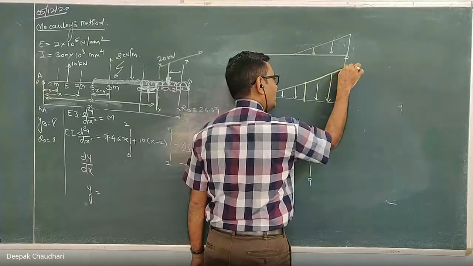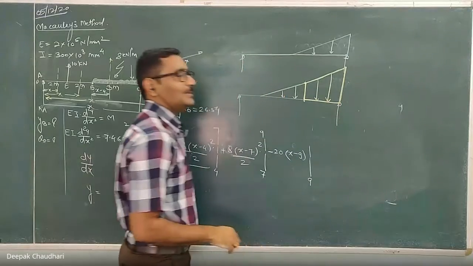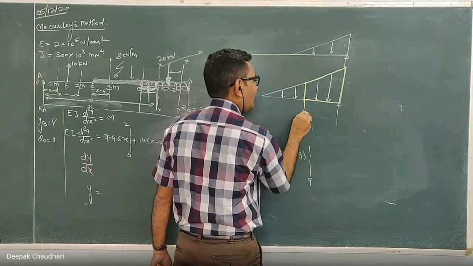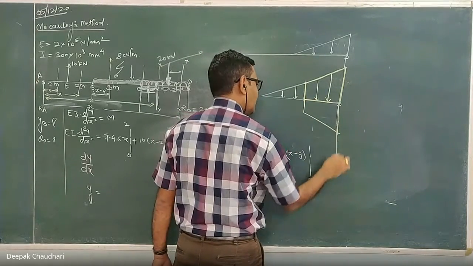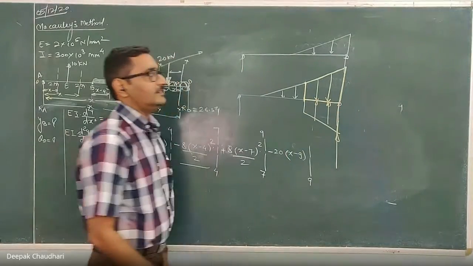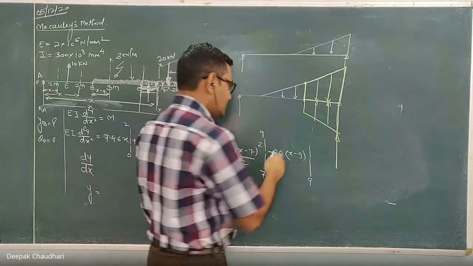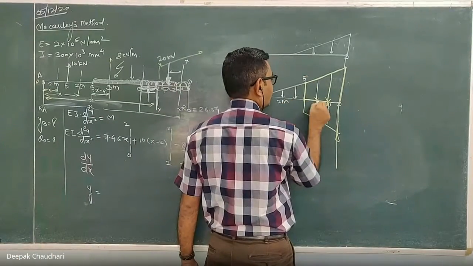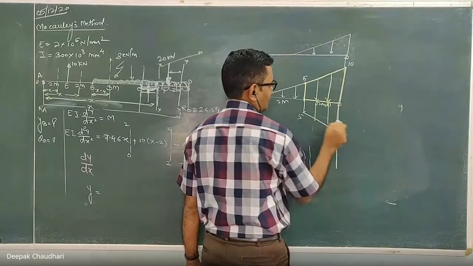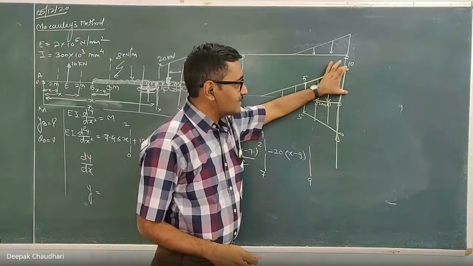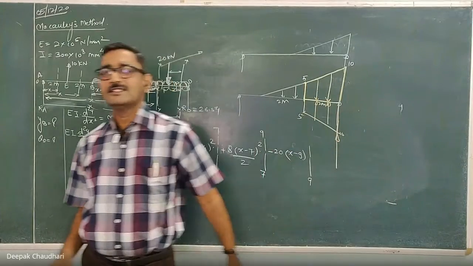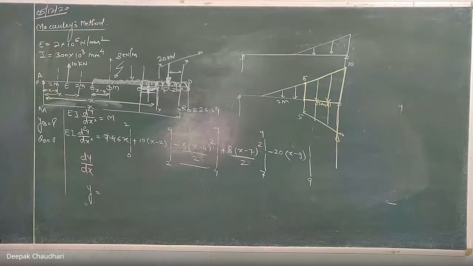This additional load is added here. To compensate that, its mirror image has to be shown here upward. The point support reaction is already there. Here you have to add this upward UVL. If this intensity is 5, this is 2 meter, this is 2 meter, then this becomes 10, and this is 5 and this is also 10. So what was not there at the end we added, and to compensate it we put an upward UVL. Now the equation is valid for the entire beam.